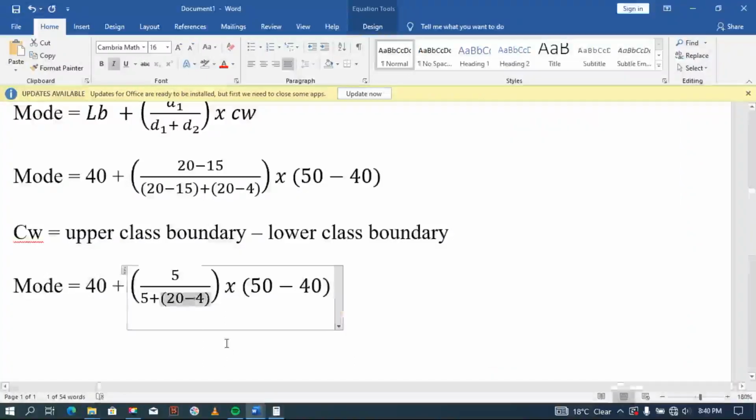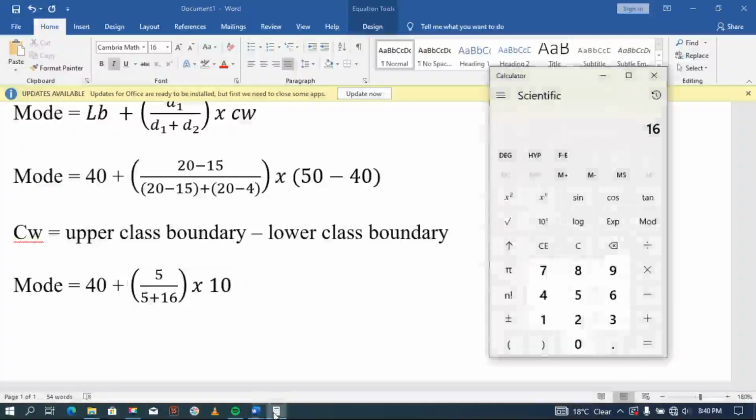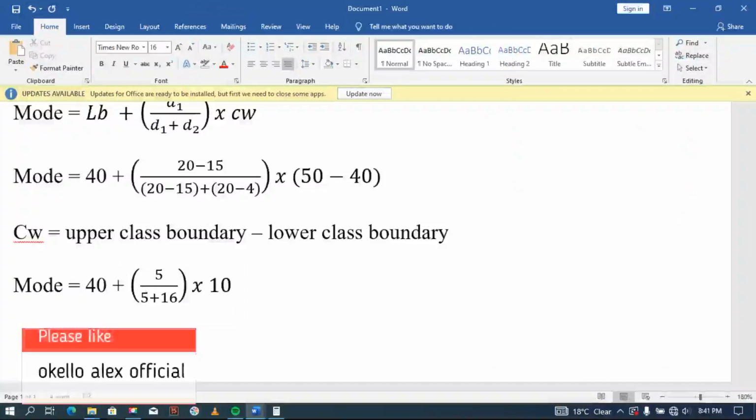And then now the difference between 50 and 40, that is the class width, is 10. So you can as well confirm here. 50 minus 40 we get a difference of 10. So our class width is 10. So let's work this out to find the mode. So our mode will be 40 plus